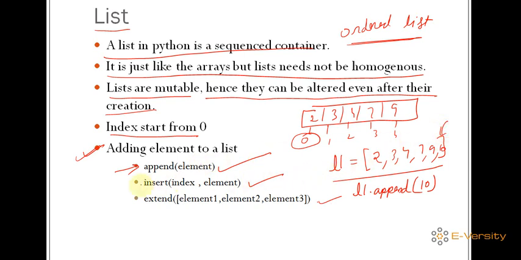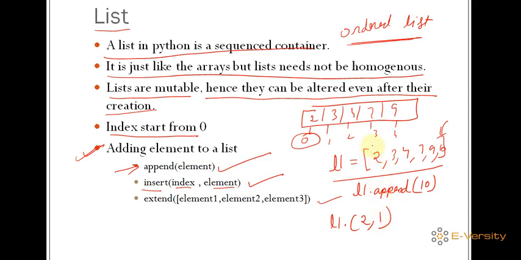Now if you want to add some element at any position, you can use insert. It takes two parameters, first is the index, second is the element. So L1 dot insert, index is 2 and element is 1.